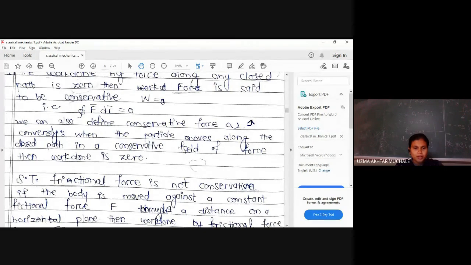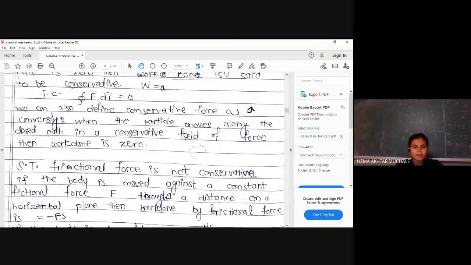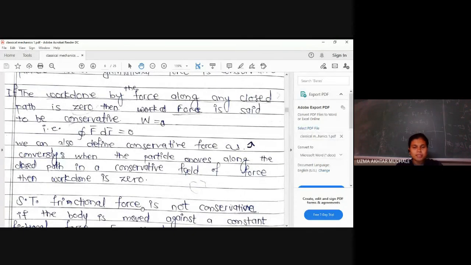Okay, now let us go for the next example, that is frictional force. For that, let us take one real life example. That means suppose we are moving somewhere. If you are moving on a bike and suppose a road is very bad. Okay, so at that time we have to accelerate our bike. You have to accelerate the bike more, right? So at that time we have to apply more force to move your bike.